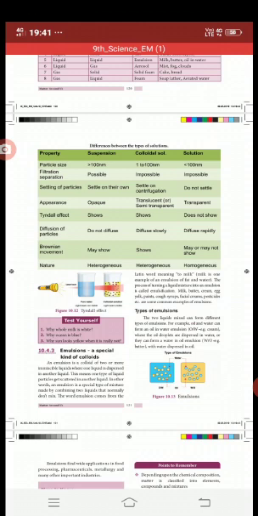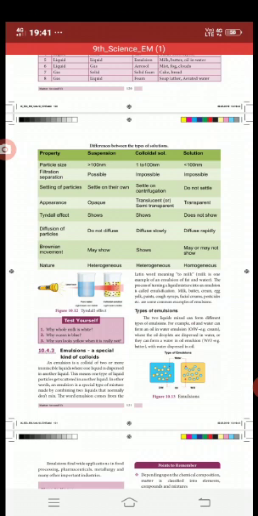Yes, so the next is appearance. How does the suspension appear? Opaque. We cannot see a clear solution, because in a suspension the particles get settled down in the water. The colloidal solution is translucent, that is semi-transparent, half transparent. Yes, so the next is solution. We can see a clear solution, because the solute is dissolved throughout the solvent, so we cannot see the solute; it is transparent, clear.